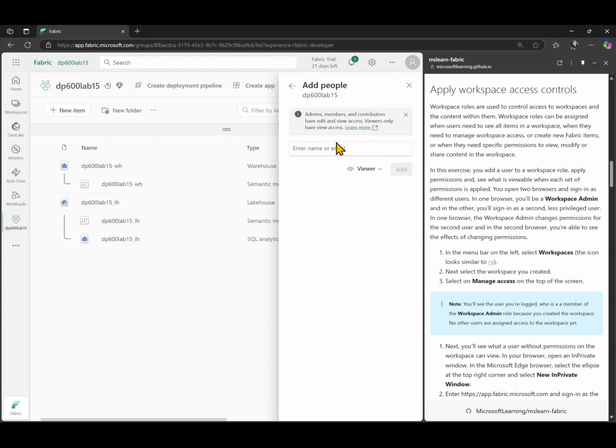Next, what I'm going to do is I'm going to add another person who has only read permissions. So I'm going to add Harry, and Harry is going to be able to only read the data because I'm going to give Harry only the viewer permission, and the viewer role is only for people who can read information and not make changes. We also have the contributor who can then make changes to your items, your fabric items, and we also have the member who is like the admin but with a little bit less control than the admin. So I'm just going to add Harry as the viewer,